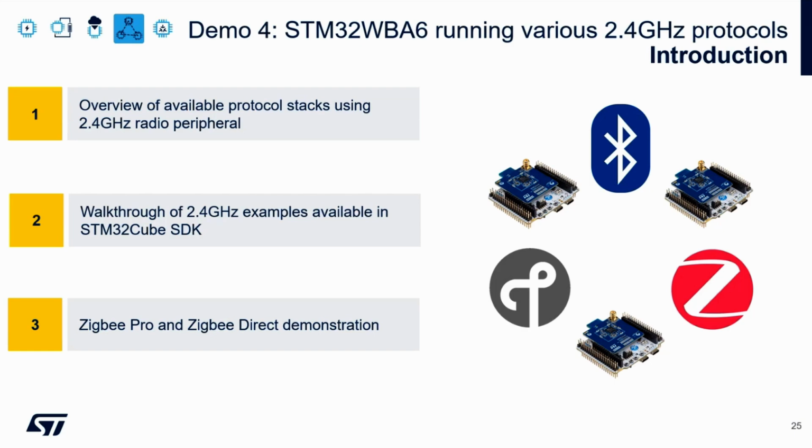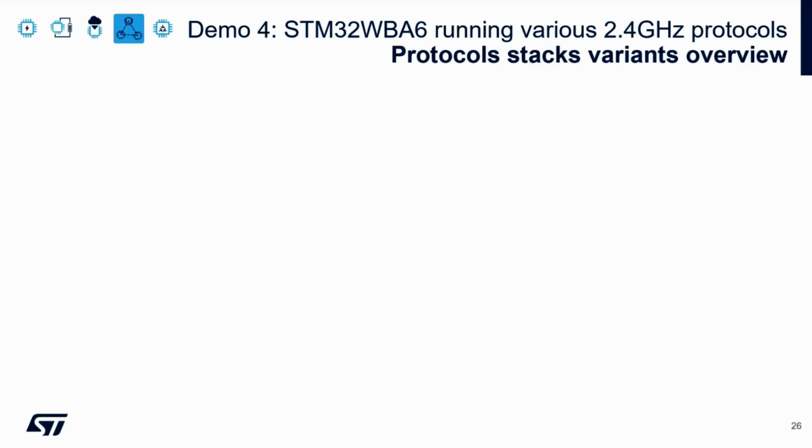Finally, I will then show you how you can integrate the STM32WBA6 into a smart home network that you might already have, with a demonstration of our ZigBee solution. So, as mentioned in my previous slide, we offer a number of protocol stacks based on 2.4 GHz radio. In this overview, I will also highlight the different stack variants available, allowing you to choose the one best suited